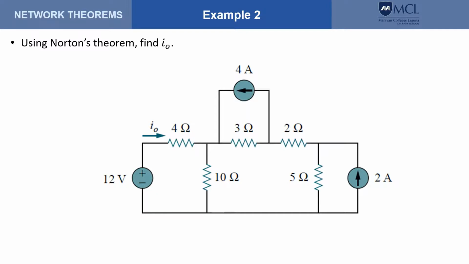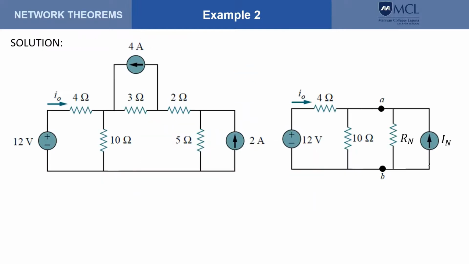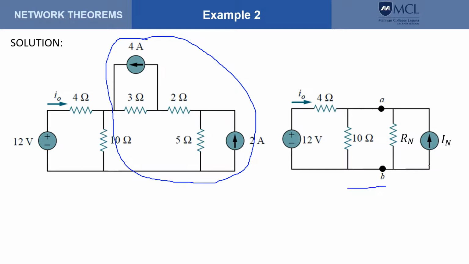Okay, let's have a second example. Here, this is the same problem that we have in Thevenin's. So we're asked to again find I sub naught, that is the current flowing through the 4 ohms. So what we did before was to convert this part into an equivalent circuit. If we convert this into Norton's equivalent, that should give us a simplified circuit that would look like this,